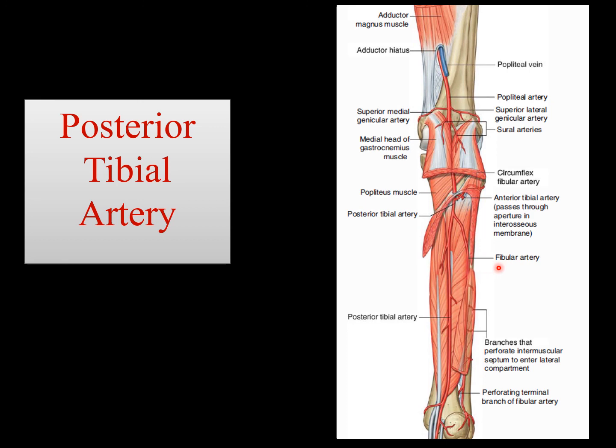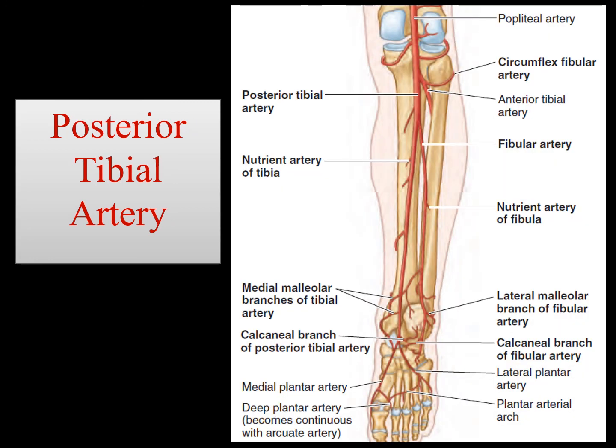So it is the main artery for the lateral compartment. And the posterior tibial artery, when it reaches down, enters into the sole and then divides into different branches that I will discuss in the lecture of the sole of the foot and the arterial supply of lower leg. So that is all about the muscles of the posterior compartment of leg. This is just a schematic diagram showing the arterial supply of the posterior compartment as well as the sole. Thank you very much.